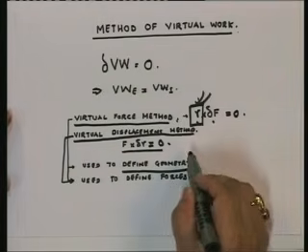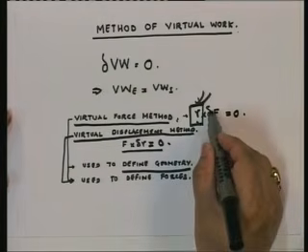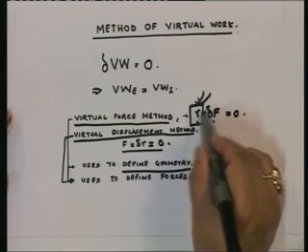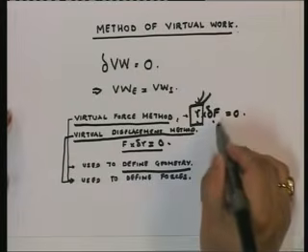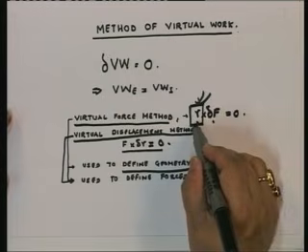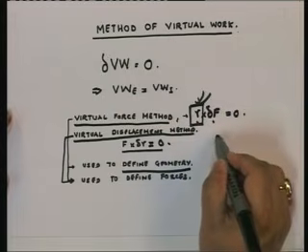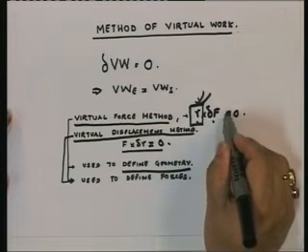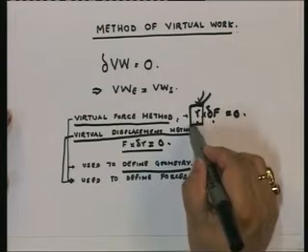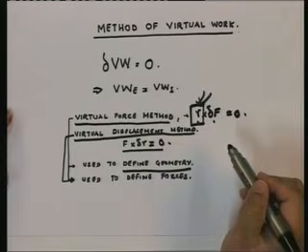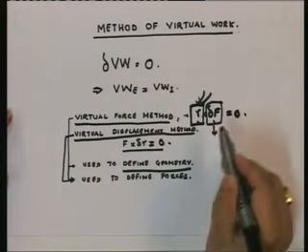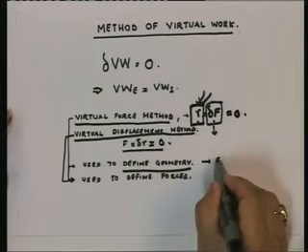What does the virtual force method do? You apply a set of virtual forces, find out all the forces in the structure due to the action of virtual forces, and then multiply by the real displacements and deformation in the structure, and the total work done is 0. What this gives is the displacements by actually solving an equilibrium problem. So I use equilibrium